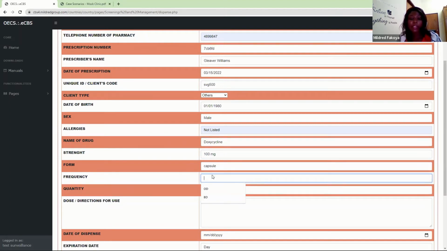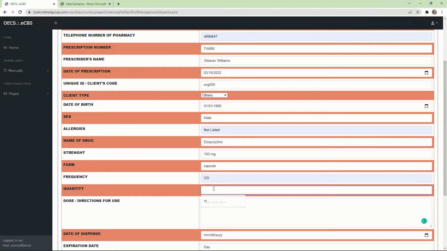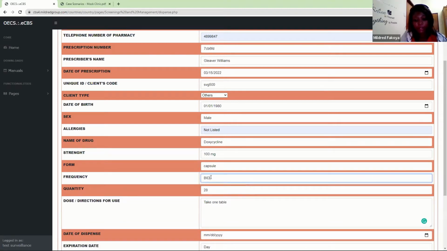The frequency is, what was the frequency? Once daily. And the quantity is 14. Direction for use. So let's say take 1 tablet. Once daily. Twice daily. Twice daily? Twice daily. Twice, yes. Okay, so this will be 28. So take 1 tablet